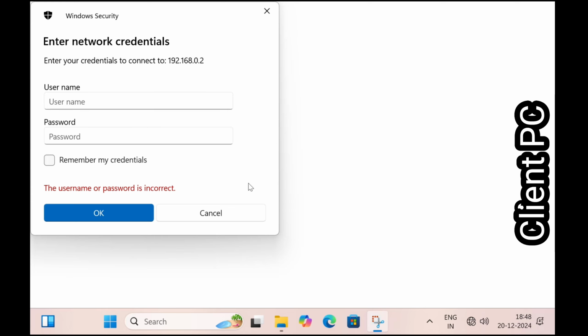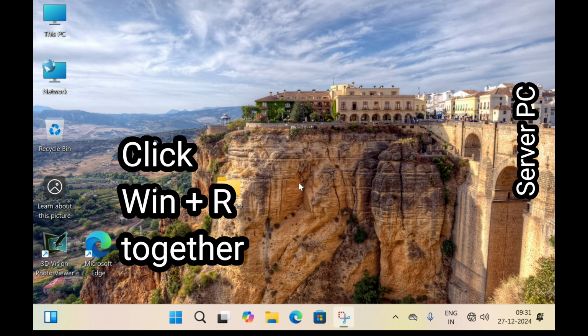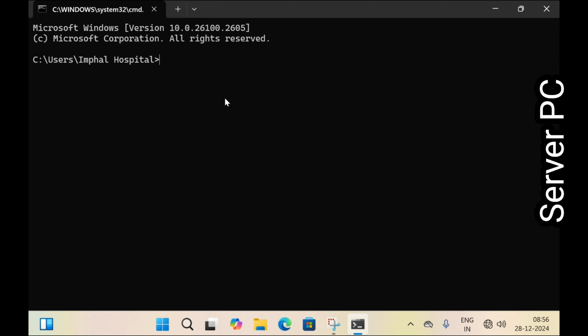So let's flip to the server. On the server PC, press Windows plus R together and type cmd and click on OK. Now type on the command prompt echo %username% and press enter. Now use this username, that is Imphal Hospital, to log in from the client computer